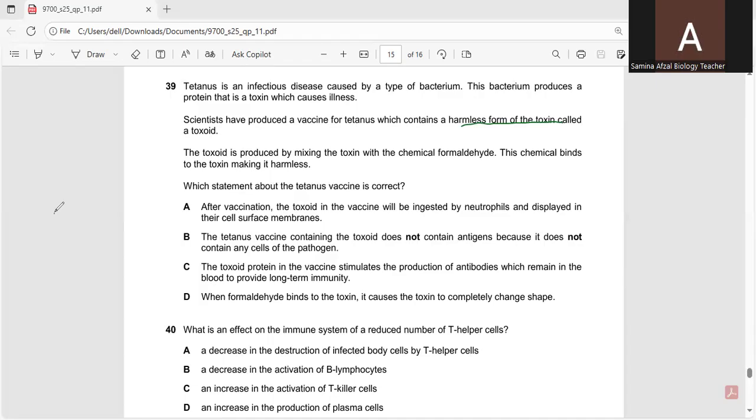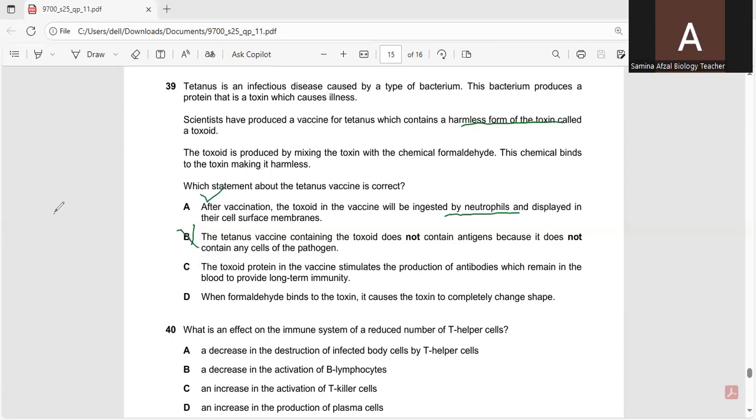And then I would like to say the options. A will be ingested by neutrophils and displayed in the cell surface membrane. According to this, the tetanus vaccine containing the toxoid does not contain antigens because it does not contain any cells of the pathogen. So this statement is incorrect, as an antigen is a substance that triggers an immune response, while the vaccine does not contain the whole living bacterium. So the toxoid itself is the antigen. So according to this it is not the